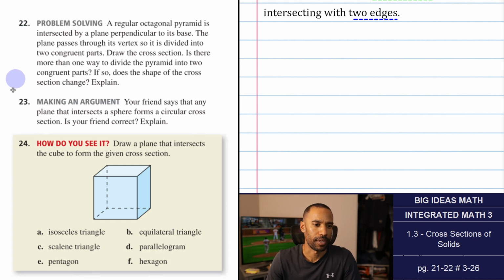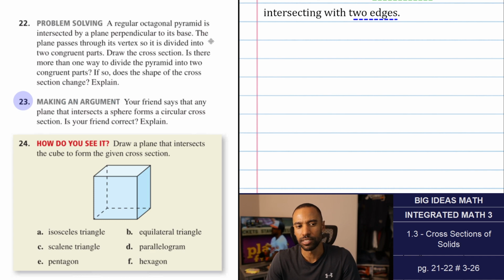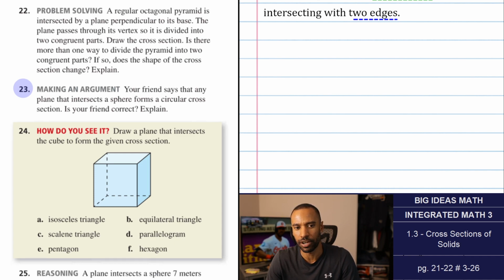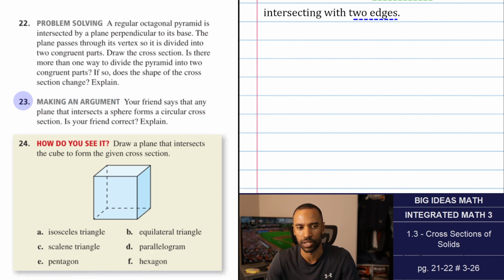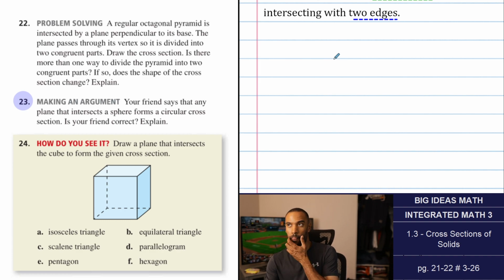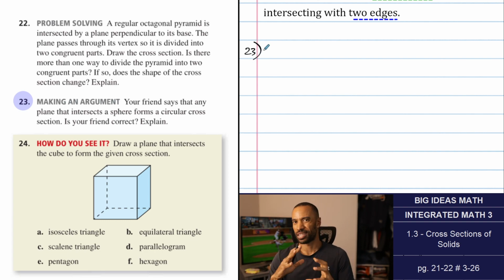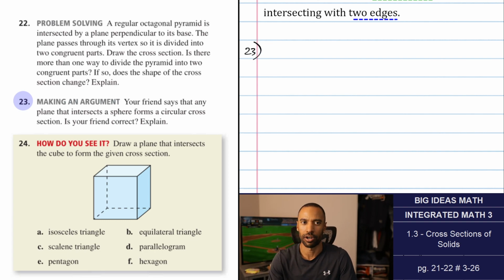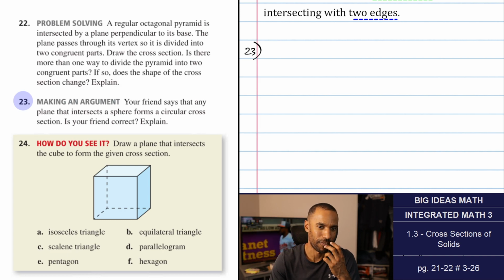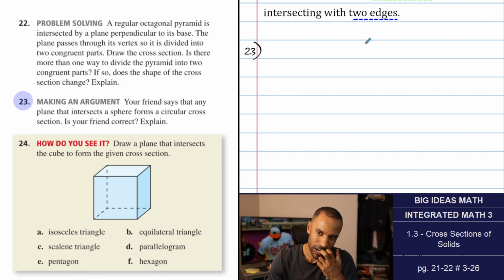All right, number 23. Making an argument. Your friend says any plane that intersects a sphere forms a circular cross section. Is your friend correct? Explain. Not always a circle, but it would always do ones with edges, unless they can consider one that intersects at just a single point. I don't think that they're ever counting those ones, and I don't know how to draw a sphere. So